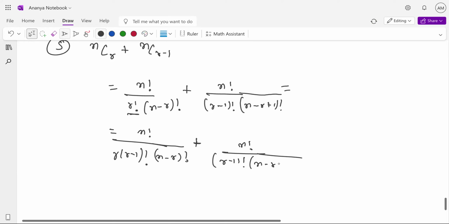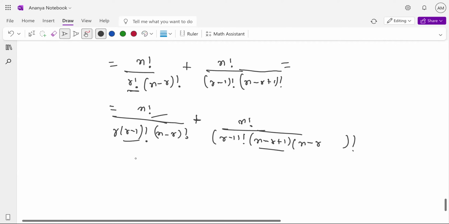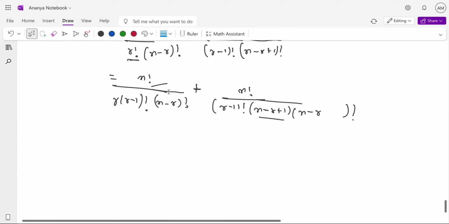Now this was the one thing, right? For the next, I need to subtract 1 to get the next factorial, so it looks like this: plus 1 minus 1 factorial. This portion will get reduced. Now can you see, we had too many things which we can take out: n, r minus 1 and this part, these three portions can be taken outside. So we will take this outside, then we will see which new thing I can make.